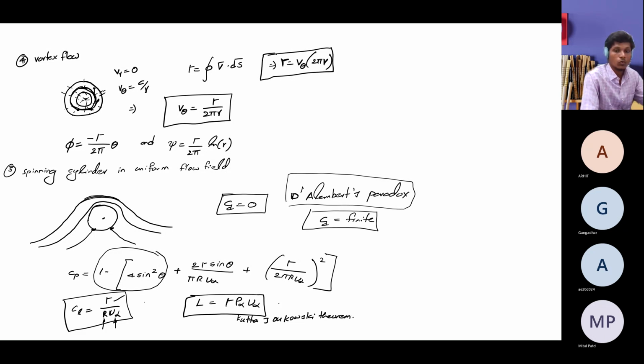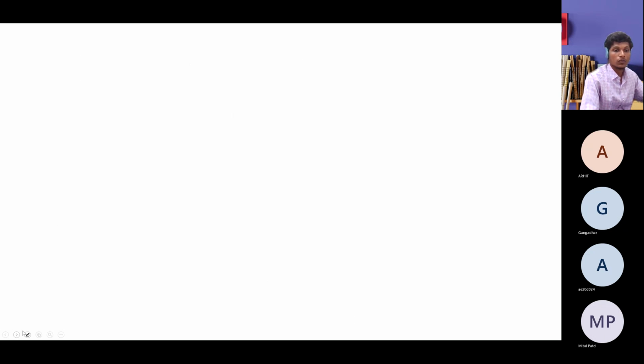Fine. So note that this is lift per unit span. This is not a lift entirely. This is only the lift per unit span, and that is up to the modeling of Kutta-Joukowski theorem. We will see today one more Kelvin circulation theorem, and then we can go for the doubt clearing sessions.